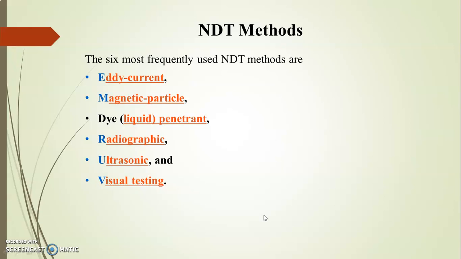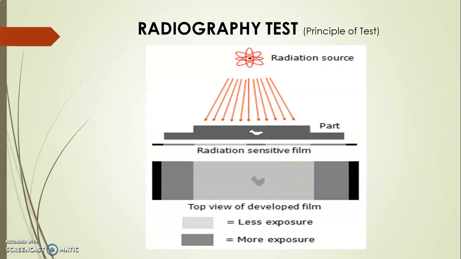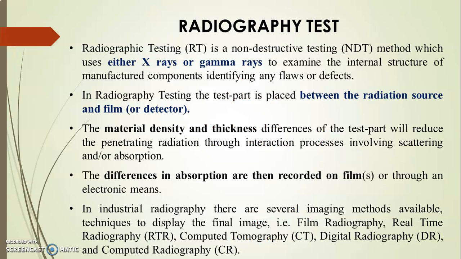The eddy current method, magnetic particle method, dye penetrant method, radiographic, ultrasonic and visual testing are some important non-destructive testing methodologies, and today we are going to start with the radiography test. In radiography testing, two kinds of sources are used, either X-rays or gamma rays. Radiographic testing is a type of non-destructive testing method in which either X-rays or gamma rays are used to examine